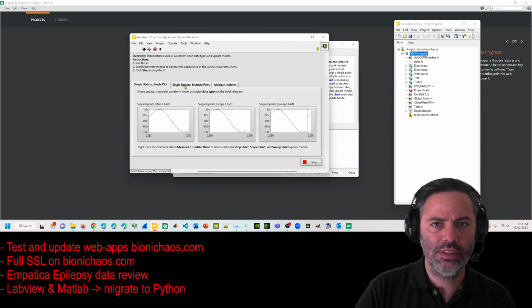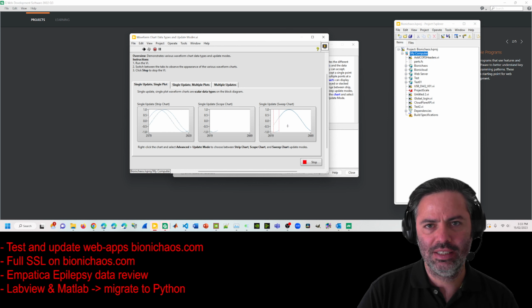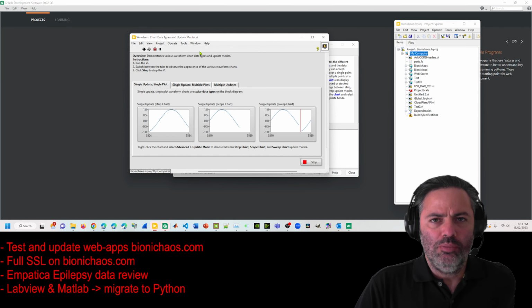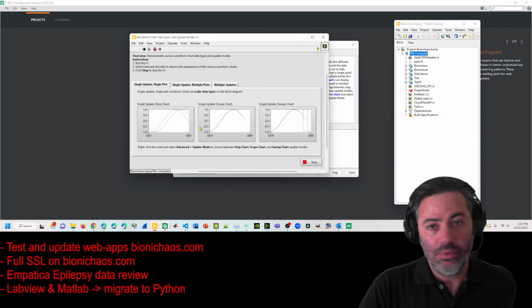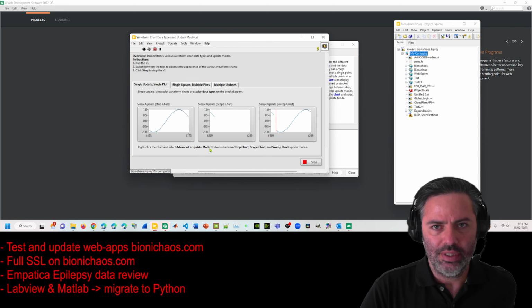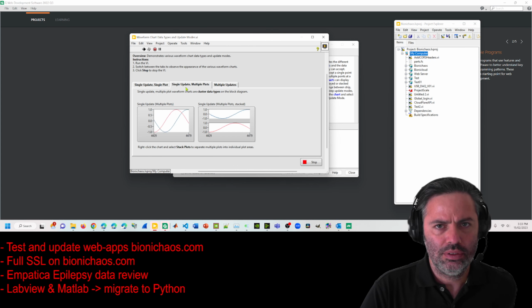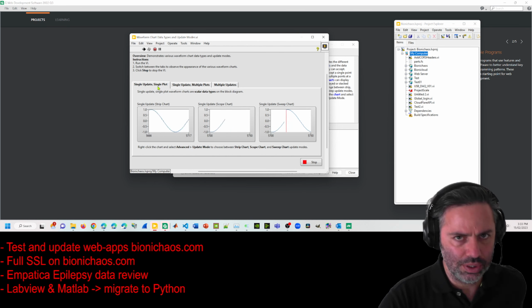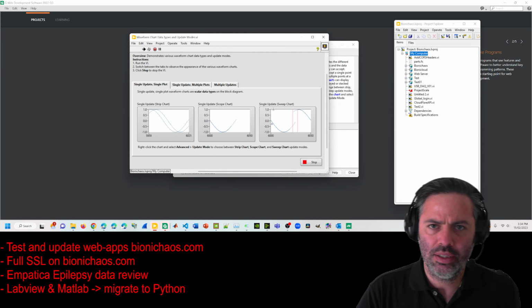My 2 cents is that in different cases, like different chart types or the update mode, it will just be case specific. So you can't say one is better than the other. In some cases, overlay will be better than stacked, and so on and so forth. So it really depends on what they're trying to do. This stuff to me looks like one of these oscilloscopes back from the 90s.